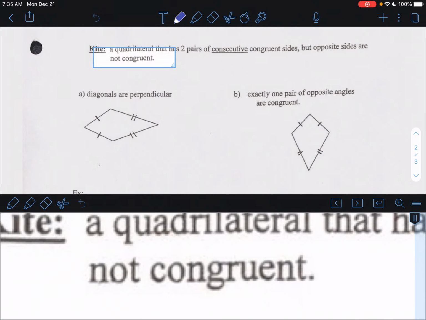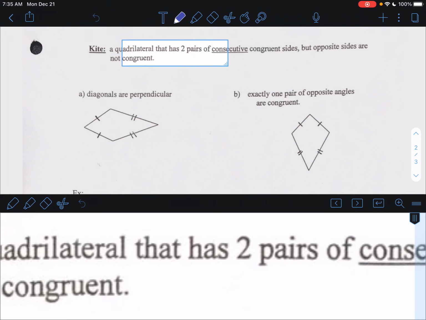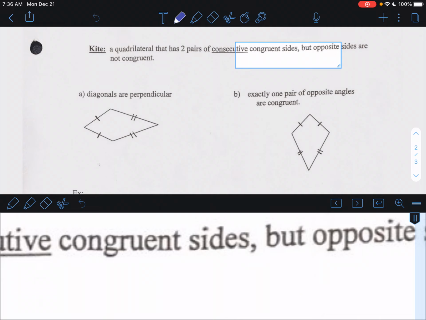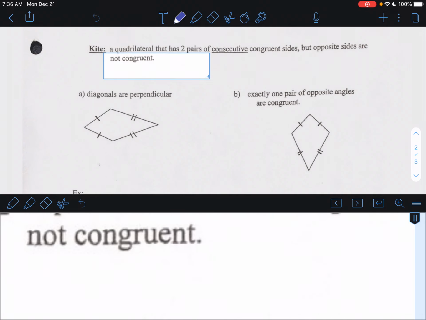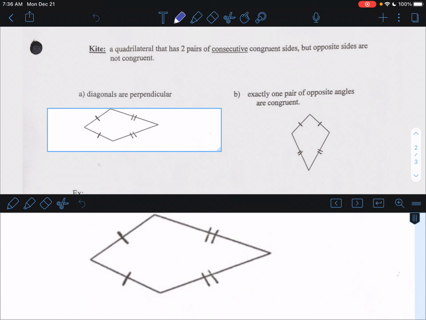So, let's see. First of all, we have our definition of a kite, which is a quadrilateral that has two pairs of consecutive congruent sides, but opposite sides are not congruent. So what that's going to look like is this, and we can see that the consecutive sides, the sides that are next to each other, are congruent. So that side is congruent to that side. However,